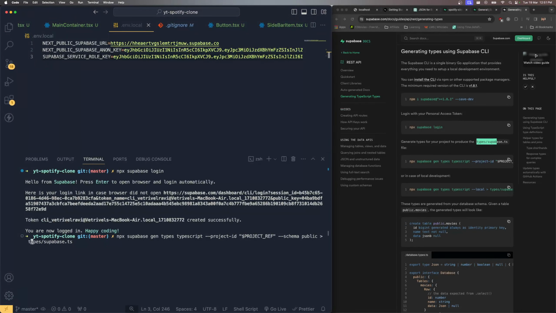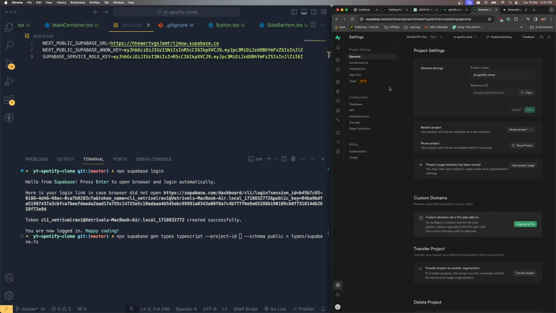So in this project reference location, we need to give our project ID. I'm going to delete that project reference over here and copy it from our project settings. Click the project settings, use your reference ID, that's the project ID, and paste it over here. Then, in the same way, it's going to generate the schema inside the public folder,